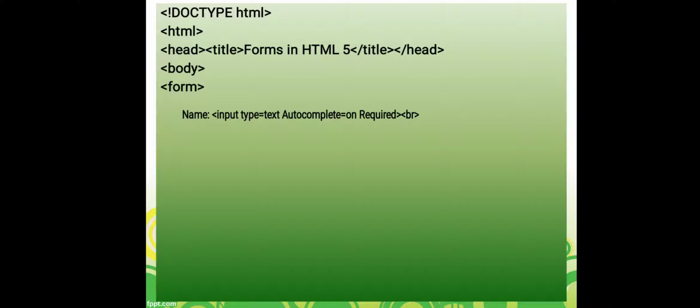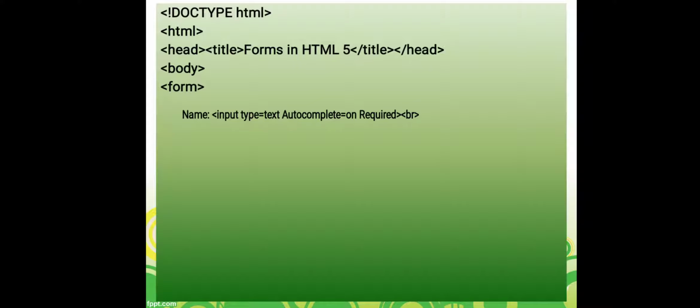So these were the two criteria given for the first text box. So how do I do it? You can see in the opening tag of input tag, what I have written, input space type equal to text, due to which we got a text box. And again I want autocomplete feature to be on. So what it is written, autocomplete equal to on. See students, by default it is off. So if you don't write it, it means that autocomplete is off by default. But we want it on, that is why we have written autocomplete equal to on.